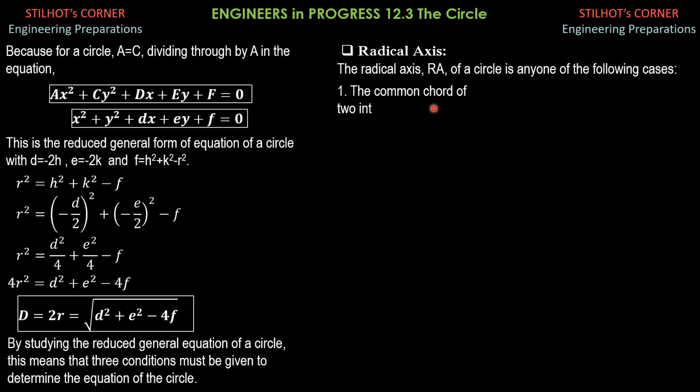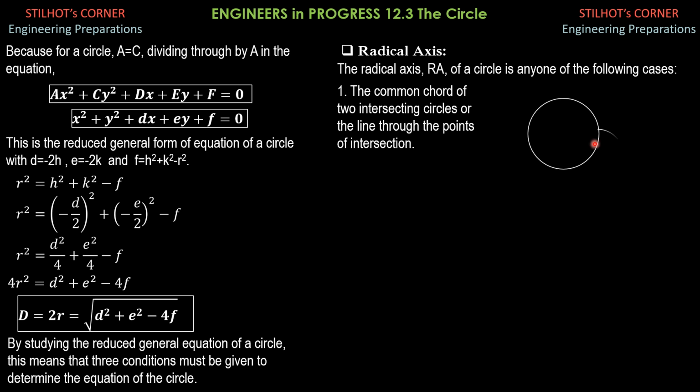So the radical axis is the common chord of two intersecting circles, or the line through the points of intersection. This is the first circle, that's the second, and these are the points of intersection of the two circles. Joining them and extending, that's the radical axis. By the way, to determine the equation of this radical axis, all we have to do is eliminate x squared